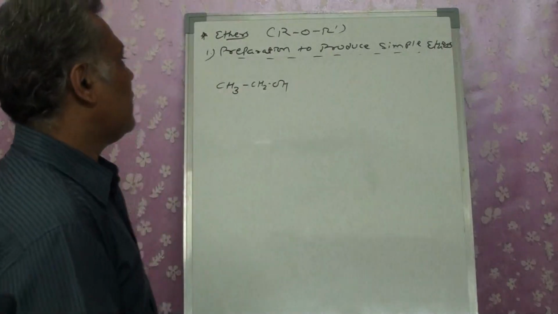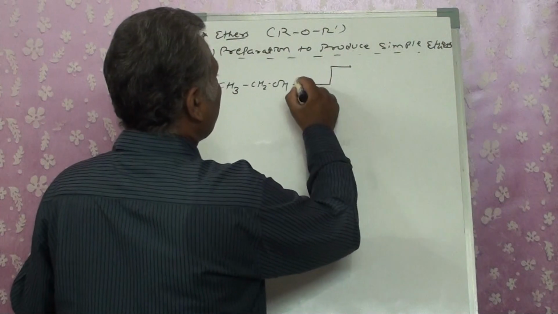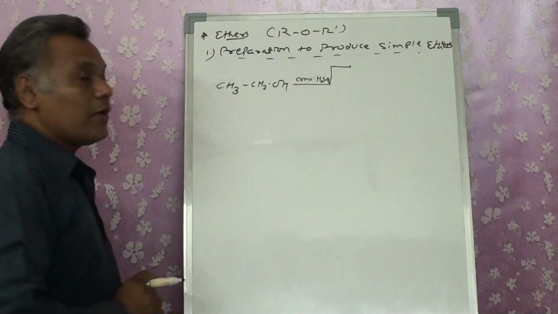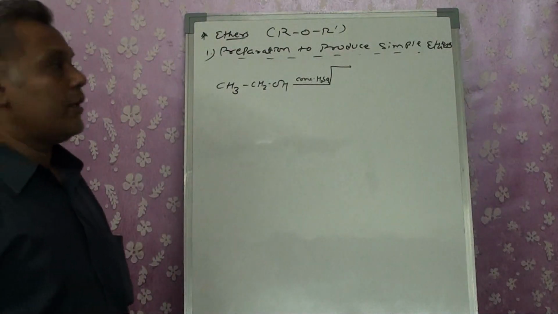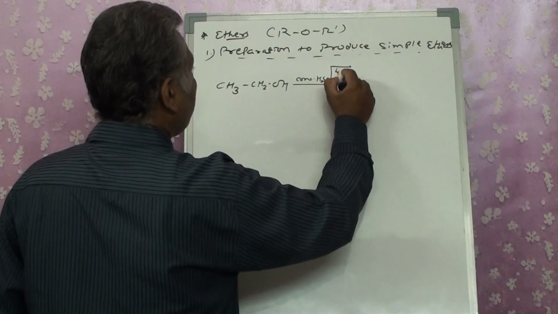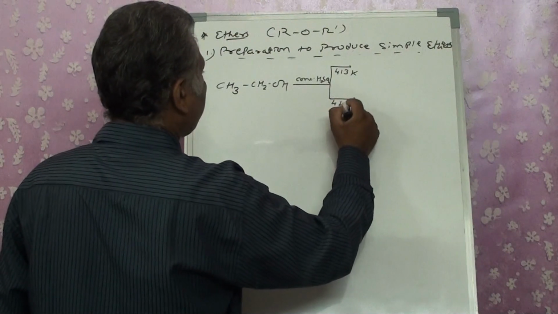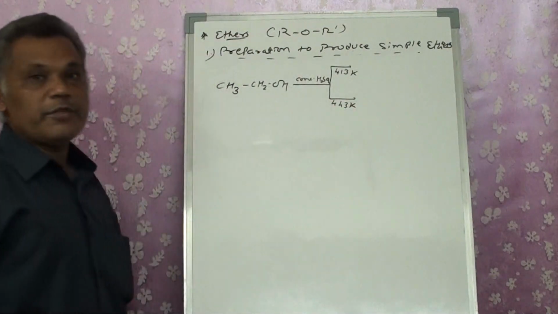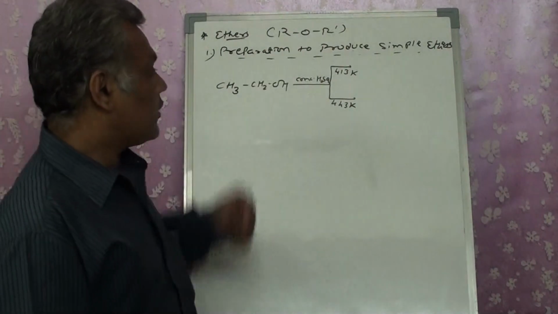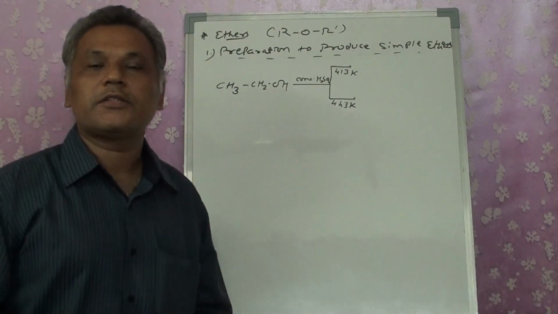Now, we take ethanol and react it in the presence of concentrated H2SO4. When you are reacting it with concentrated H2SO4, the reaction must be carried out carefully, because by changing the temperature, our product will change. See, I wrote it as 443. There is a minor difference of 30 degrees Celsius in temperature.